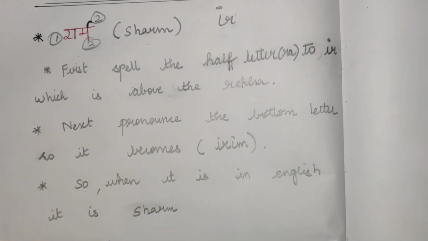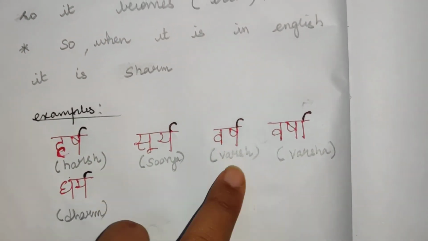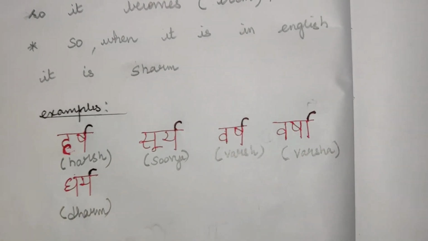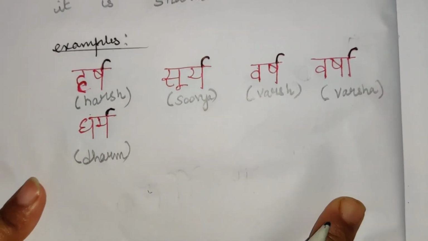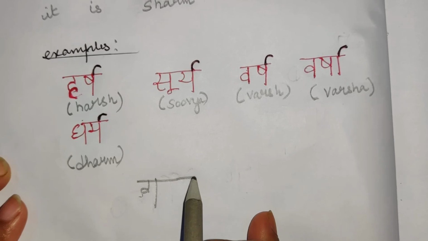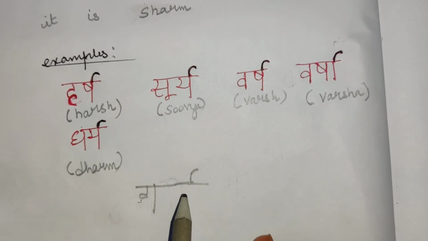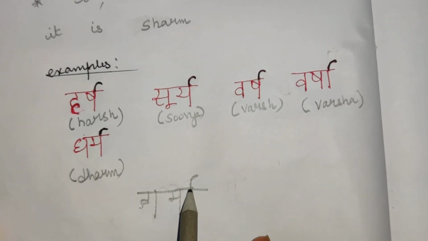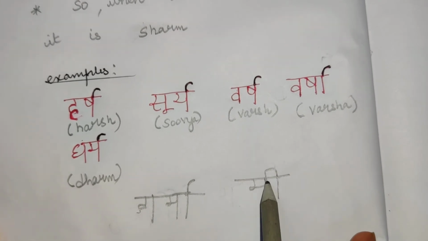Then another example I'll give you is arch. Arch means joy, Surya means sun, Varsh means year, Vasha means rain, Dham means religion. Here I'll give you another example, Garmi. So Gha, ir. I'll show you how to note it. Then we have Garmi. So ma, me. How do we write me? We'll be writing like this.